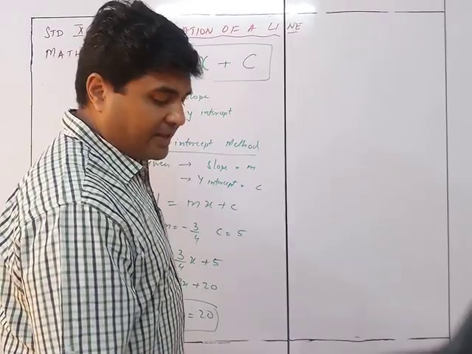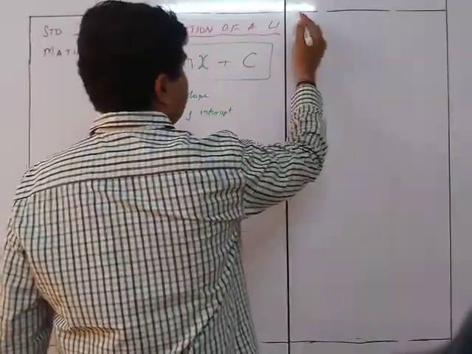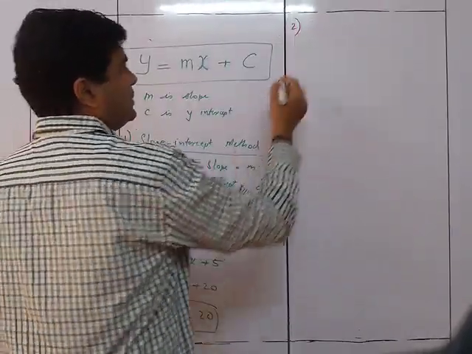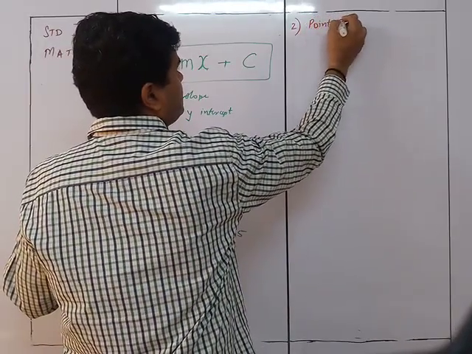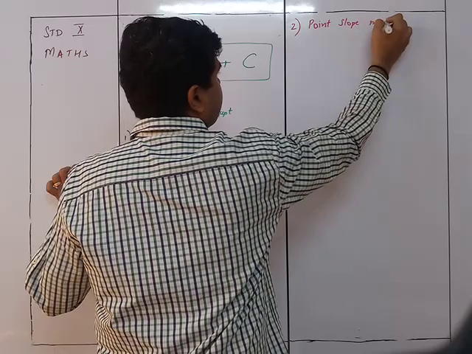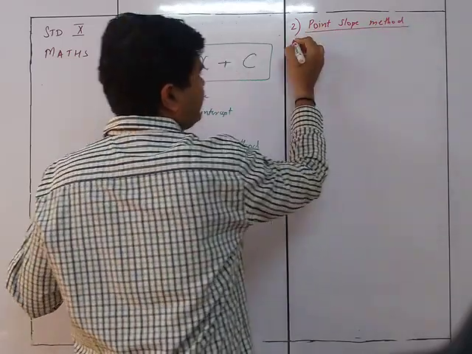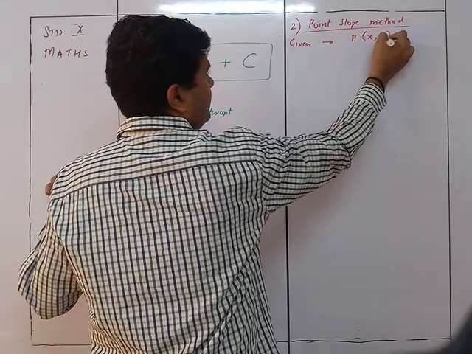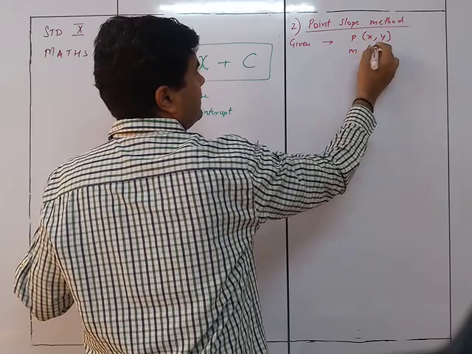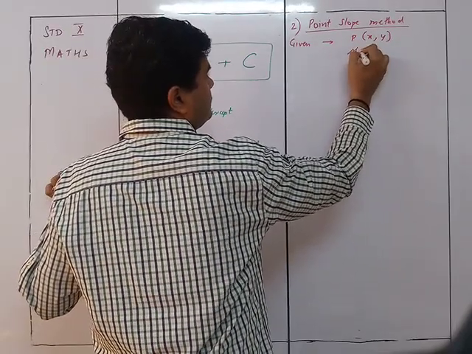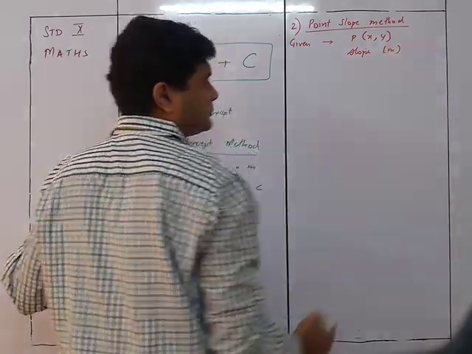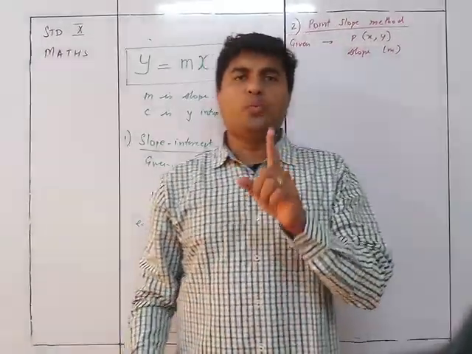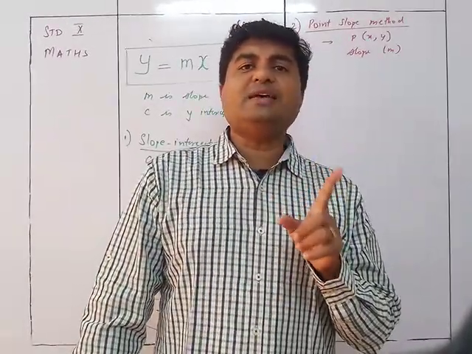We see now the next method. The second method is the point-slope method. In this case, the given will be a point (x, y), and second will be the slope, that is m. So if I know the slope of a line, and I know one point through which that line is passing,